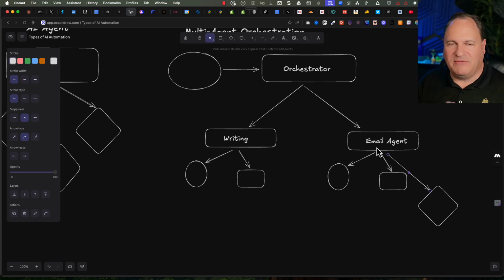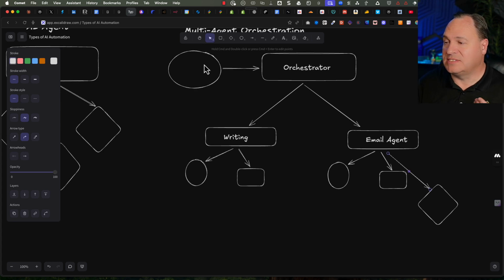Now, I've written it very simple here, but this can get really, really complicated. For instance, you could say, do research on all 50 states on how Medicaid pays for durable medical equipment. You could put that request into here, send it out to an orchestrator. An orchestrator could send it to an agent that says, just create me a research plan.